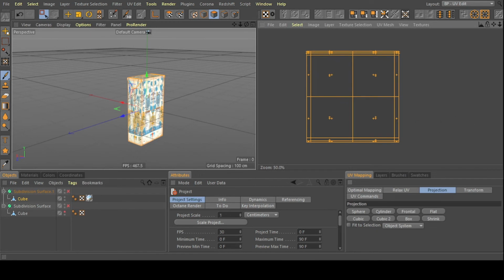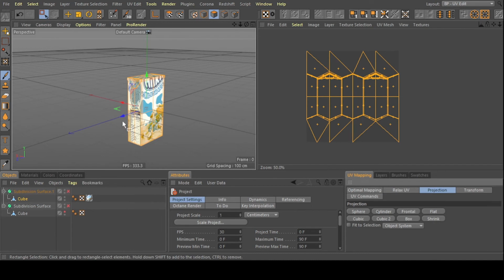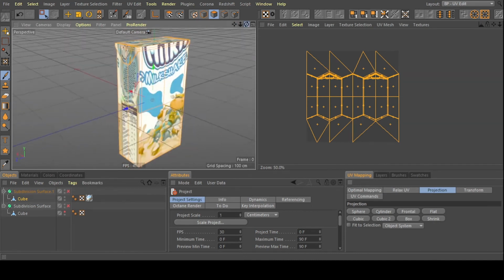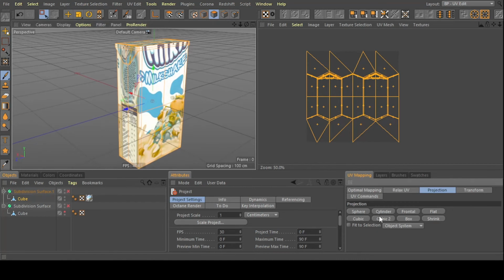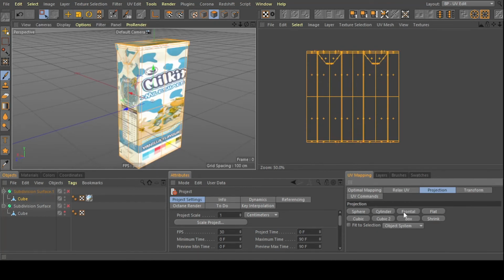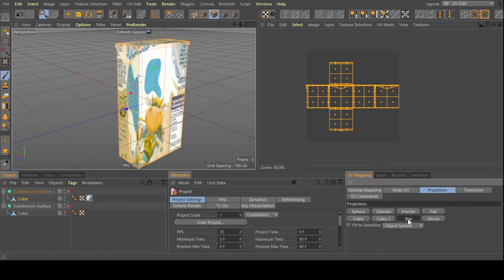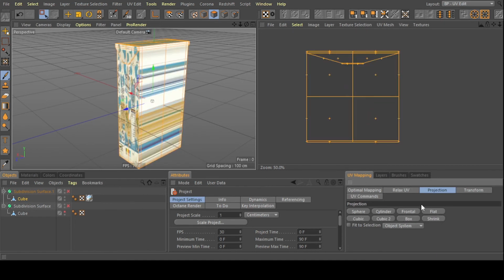I tried to project this. Okay, so I did spherical projection. As you can see, as I'm doing the projection, all this is happening. Okay, this is cylindrical projection, which is a bit close to what we want. Frontal, flat, cubic, all these projections are not right, so I had to create my own